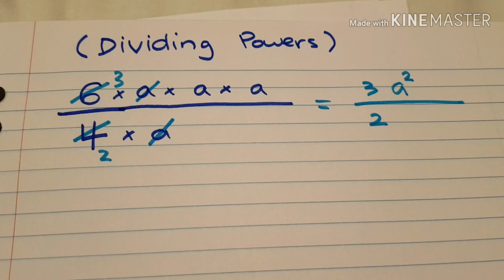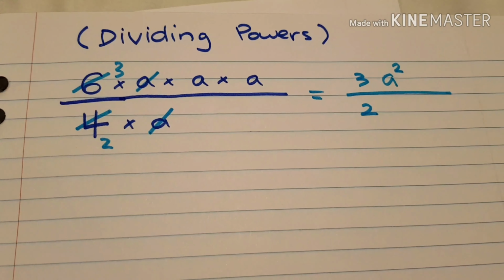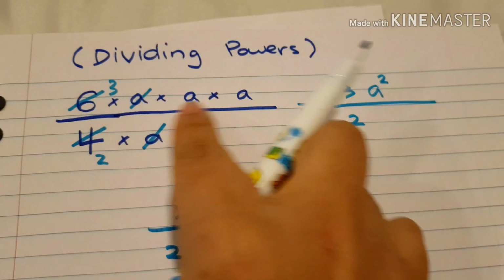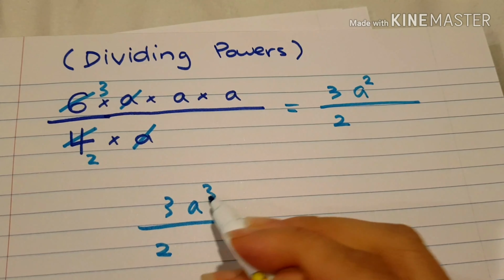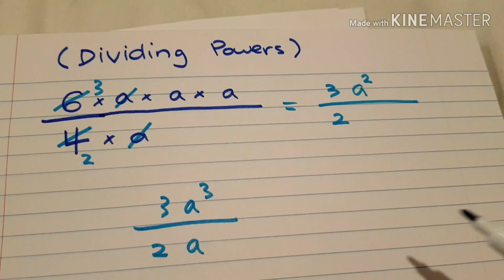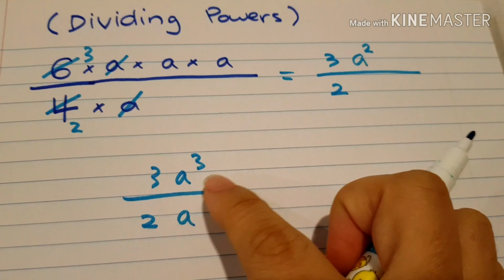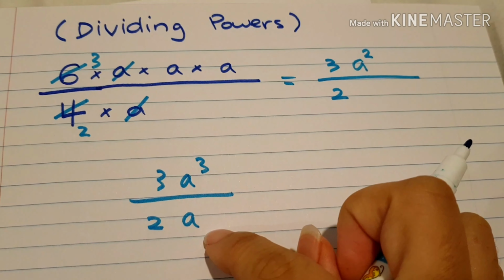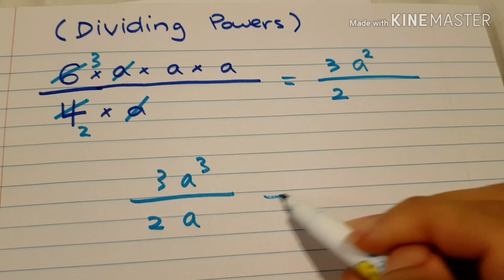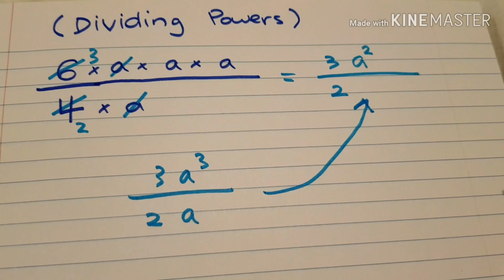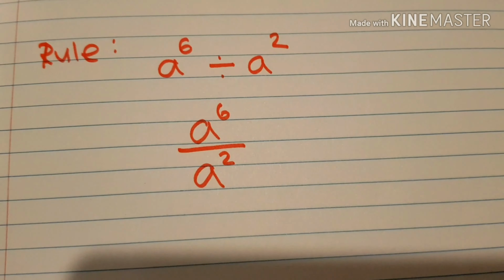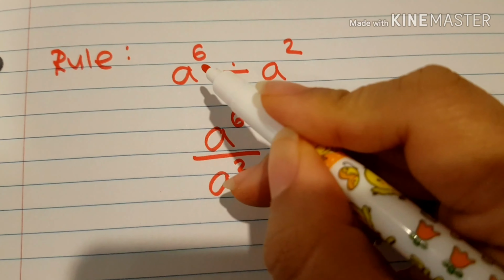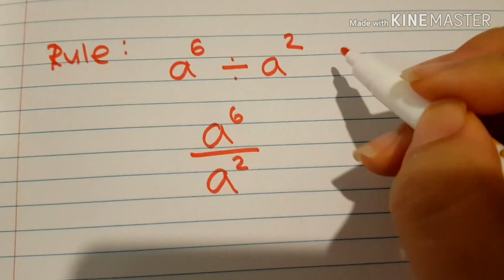Okay, however, if I just multiply it out, okay, again 3 and a 2, and I have 3 a's at the top, and I have 1 a at the bottom, okay, you can minus them. I've got 3a minus 1a, and cancel, and go to this step. Okay, so when it gets to divide the powers, here is the rule. Okay, you either minusing them